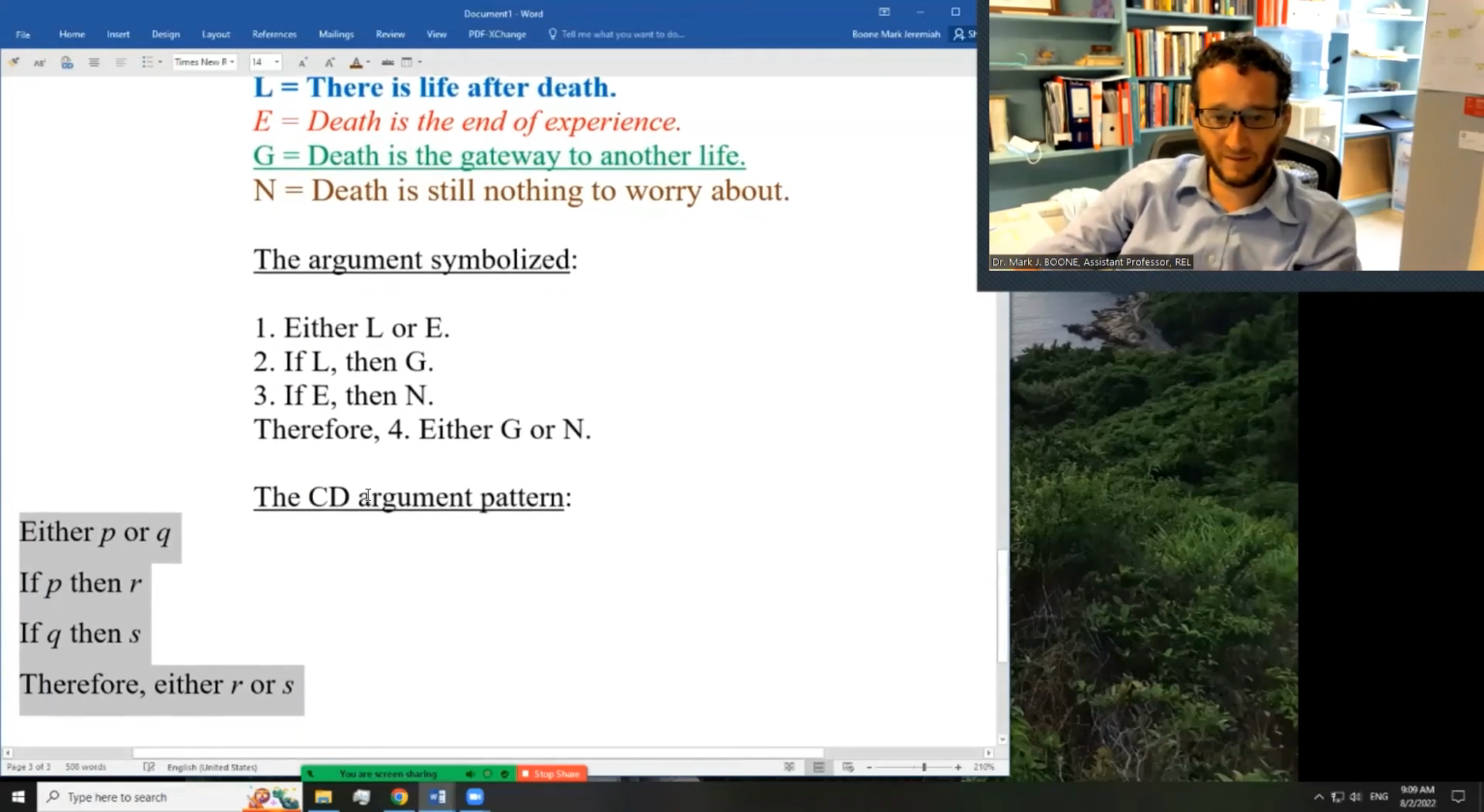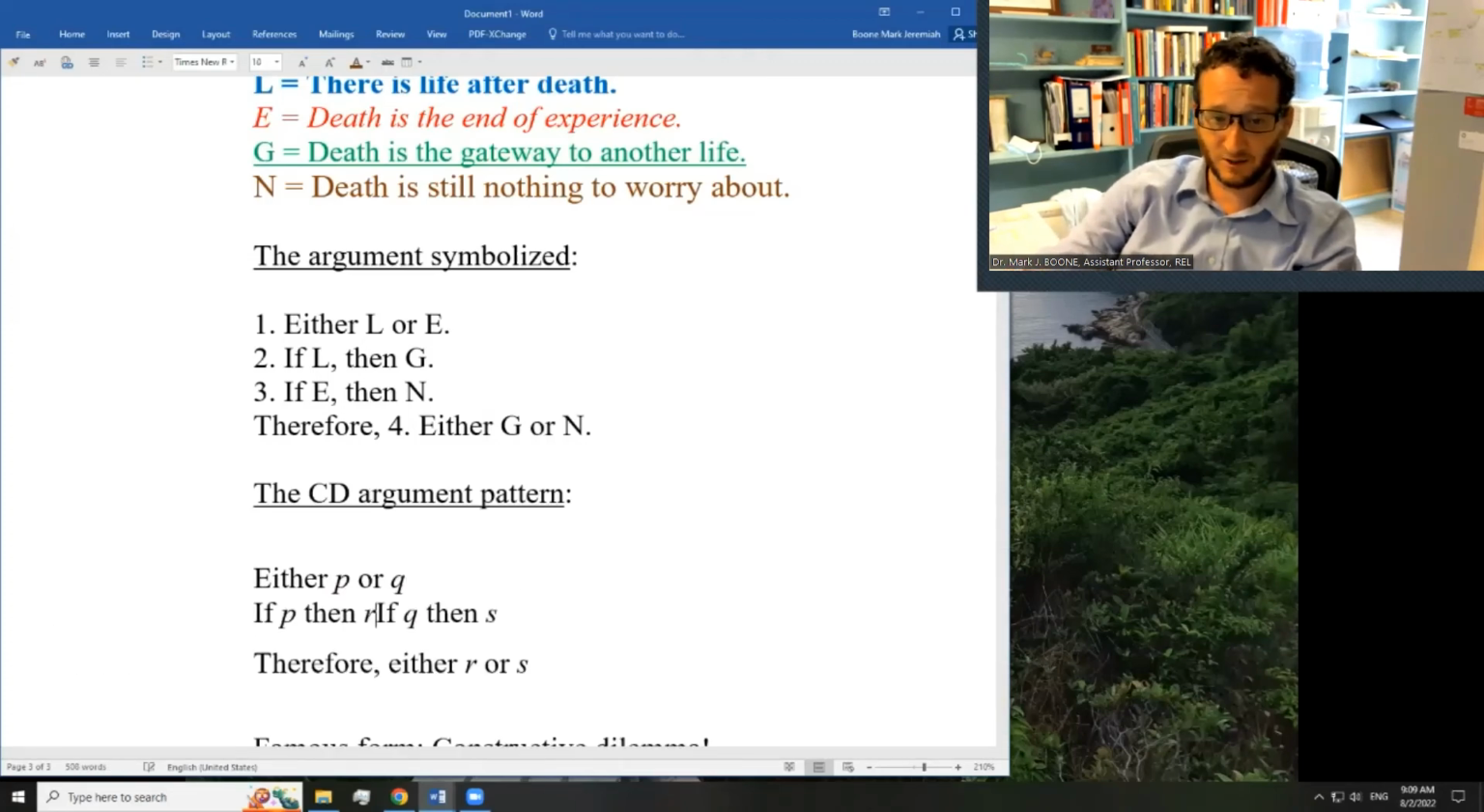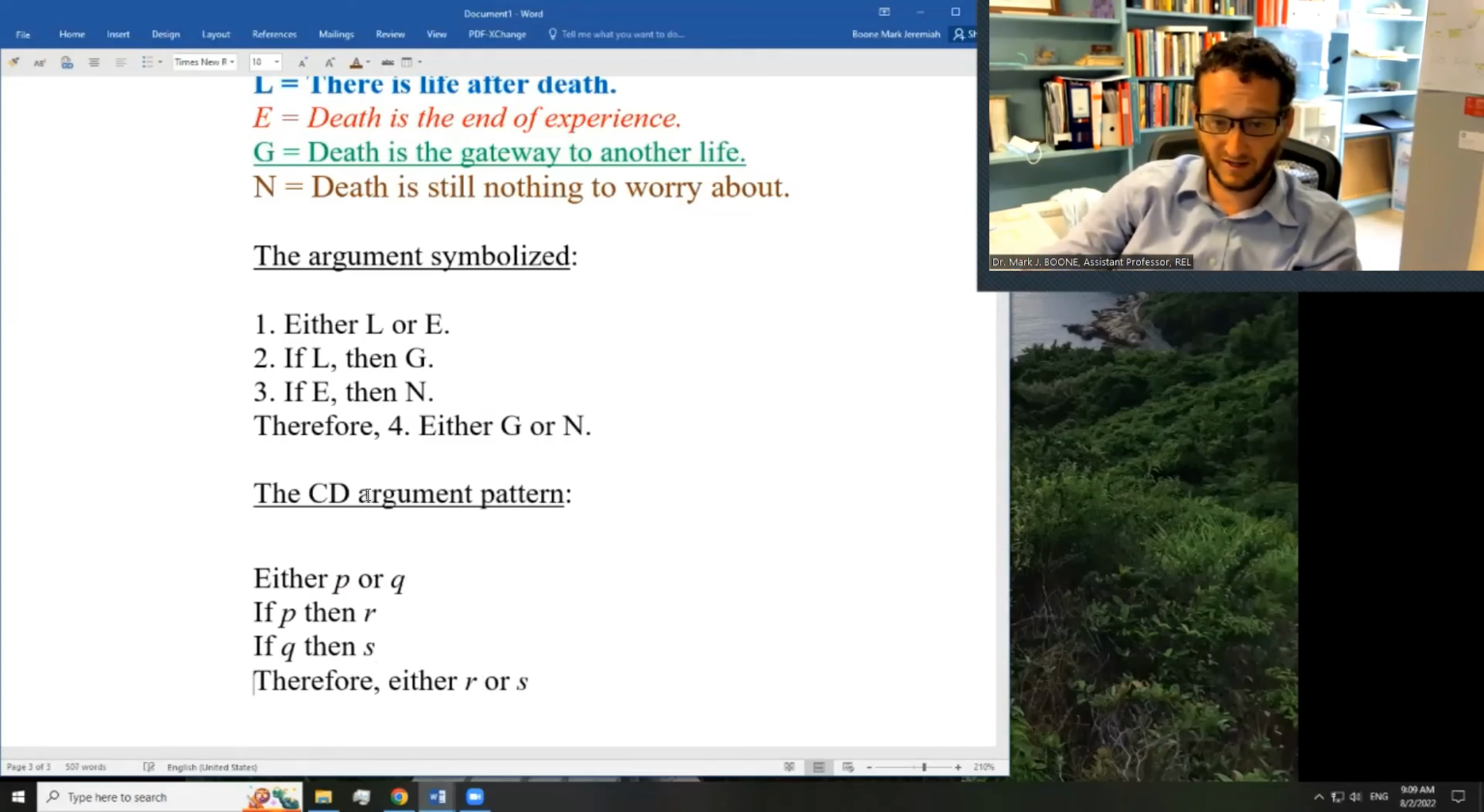But the constructive dilemma argument pattern doesn't look quite like that. The constructive dilemma argument pattern is either P or Q. If P, then R. If Q, then S. Therefore, either R or S. And you might be thinking,